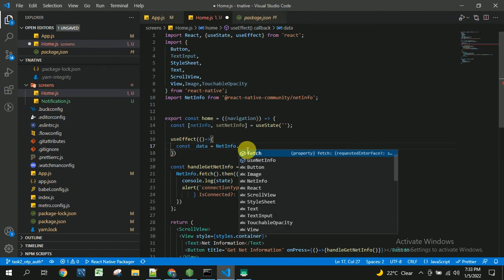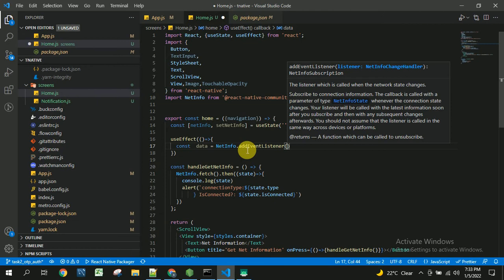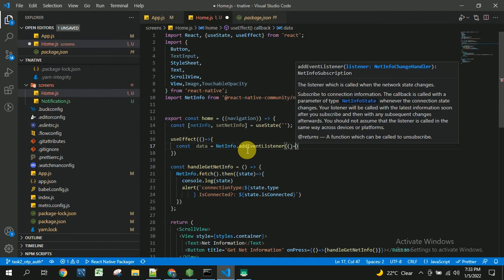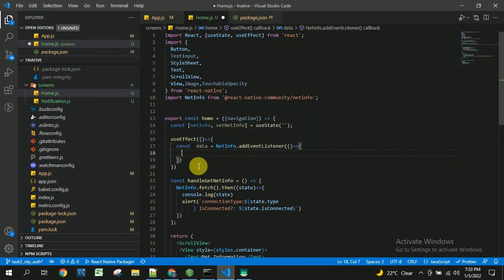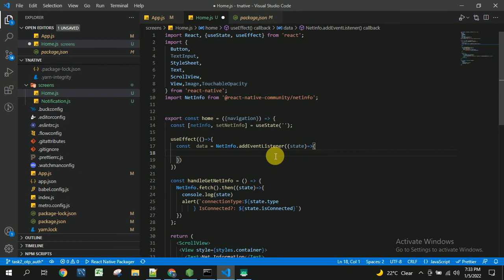So for this we are going to use add event listener. This add event listener listens to the events of the user, like the network information of the user. So we can show some alert or console log like that.